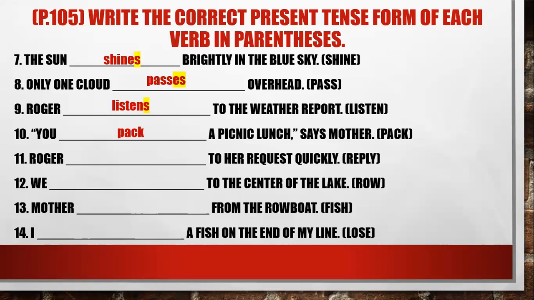Roger blank to her request quickly, and the verb is reply. Now, 2 things that we need to look at. We need to look at the subject, and we also need to look at the verb, okay? So we first look at the subject, Roger. Roger is talking about just one person. So if it talks about one person, it is a singular subject, which means that the verb is going to change